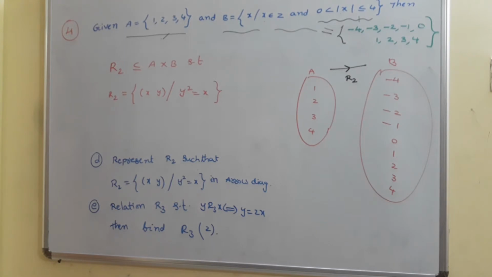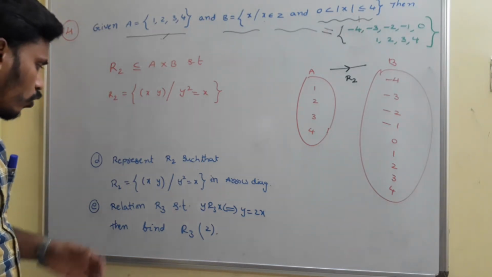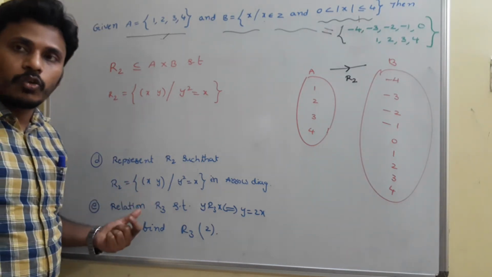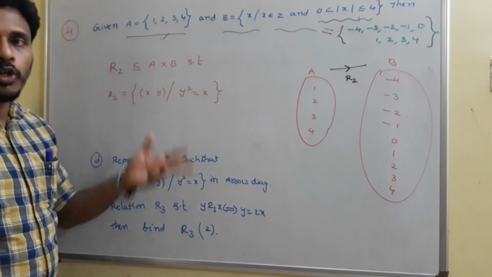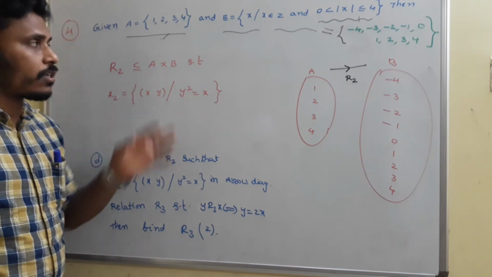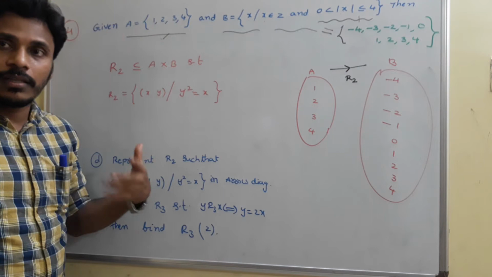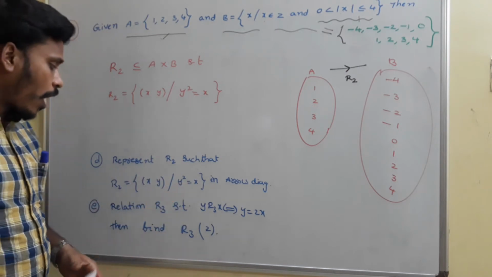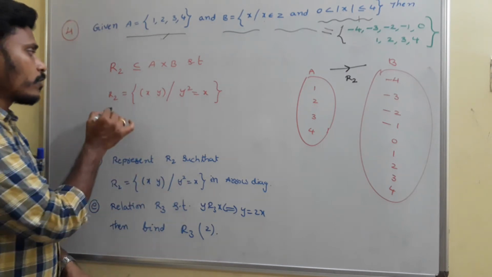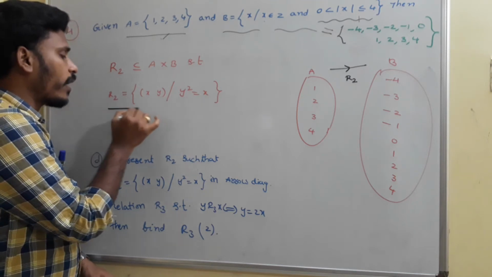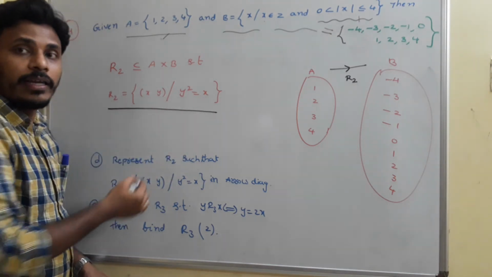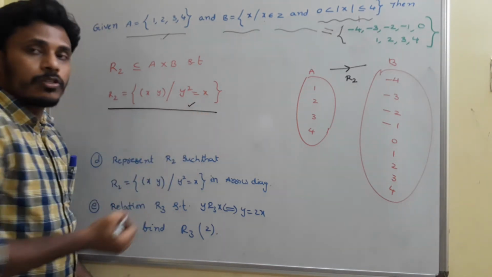As we mentioned, relations are just named R1, R2, R3 like that. Here in bit D, we have a relation R2 which is clearly a subset of A cross B. Since under our discussion there are the sets A, B, and we are discussing the relations on those two. R2, the rule is mentioned like this. So R2 contains the ordered pairs x comma y if y square is equal to x.